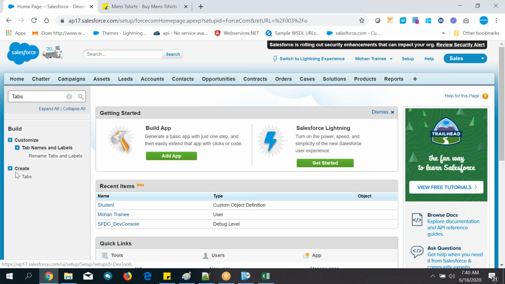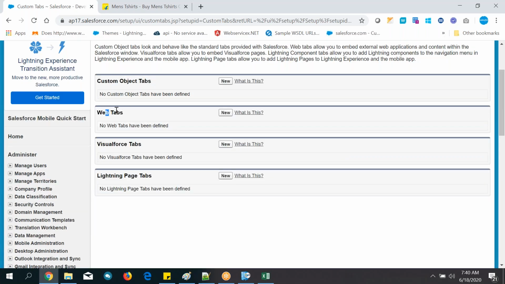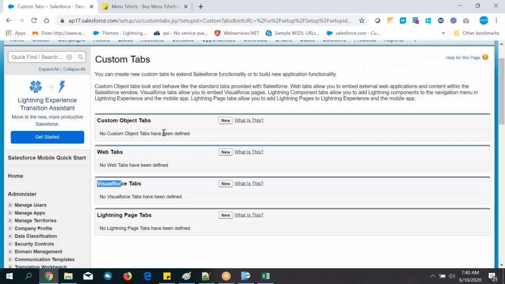Under Create, tabs are there. Click on this, and many different tabs are there: custom object tabs, web tabs, VF tabs, Lightning tabs. You need to go with custom object tabs only. Click on the New button here.